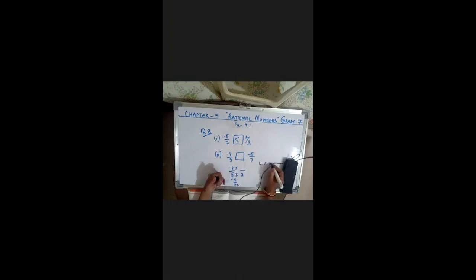LCM is 35. If you write this, then it will be easy for you. 5 7s are 35, so the denominator will be multiplied by 7. You have to convert; the denominator should be our LCM. So 5 7s are 35 and 7 5s are 35. Here 7 will be multiplied by 5, so here also the denominator will be 35. Now the denominator you have multiplied by 7, so the numerator also by 7, that is 7 by 7. So minus 28 upon 35. And here the denominator is multiplied by 5, so the numerator also should be multiplied by 5, that is 5 by 5. So minus 5 into 5 is minus 25.